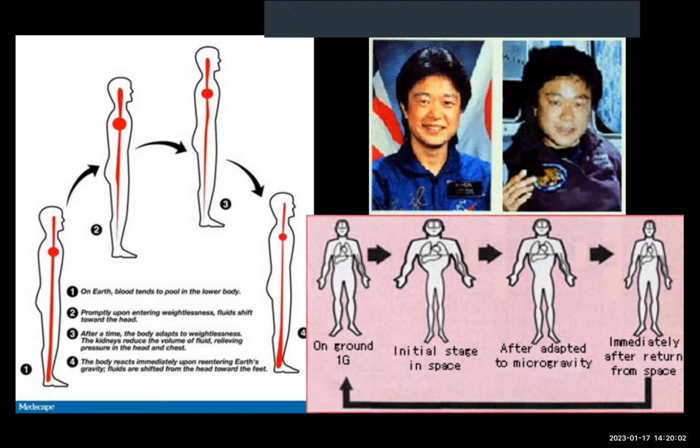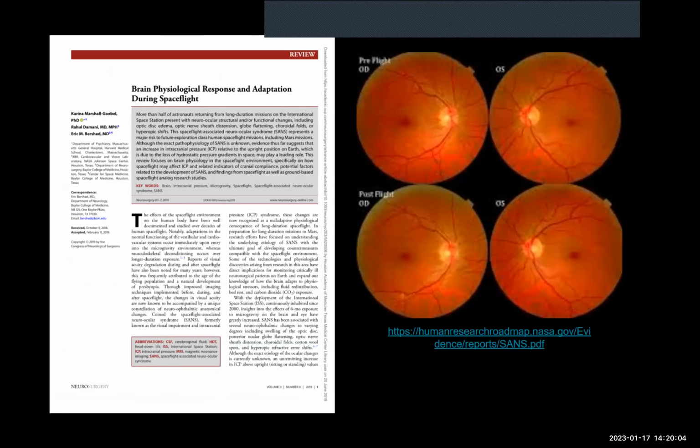This includes the cerebrospinal fluid, that proteinaceous brain juice that coats our brains and spines, which tends to also not drain as it would in 1G. And this is not universally distributed. So there's actually local pockets of increased pressure, including around our optic nerves that exit our eyeballs and connect them to our brains. And so this can lead to increased pressure and swelling on the optic nerve, and in certain